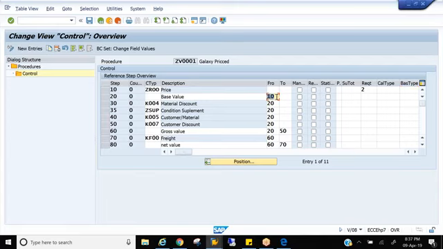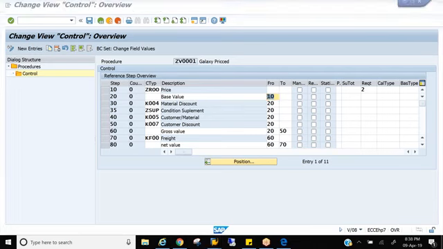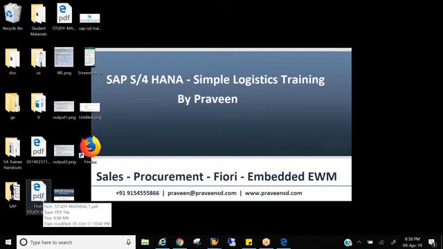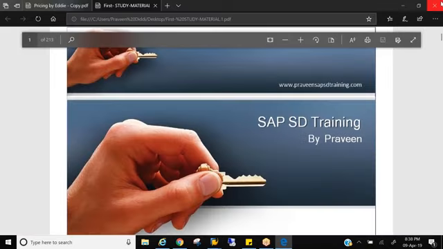This is the standard base, right? Your price is standard base, because any calculation, whatever you do, you are doing on standard base. Discount, you are calculating here on standard base, right? If you know the standard base, you need to maintain a condition record. But in some cases, you don't even know the standard base. You don't need to maintain a condition record. The system itself will do the calculation through a formula and give you the condition value, right?